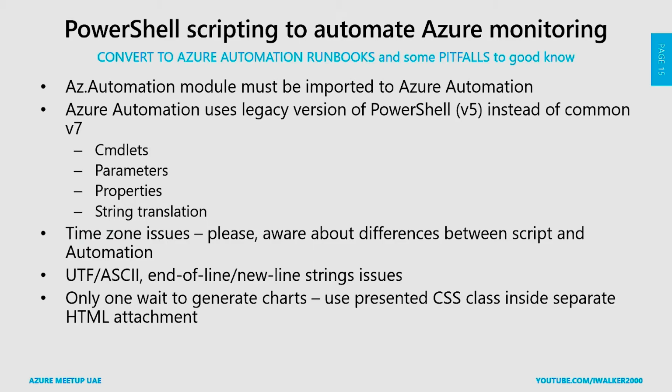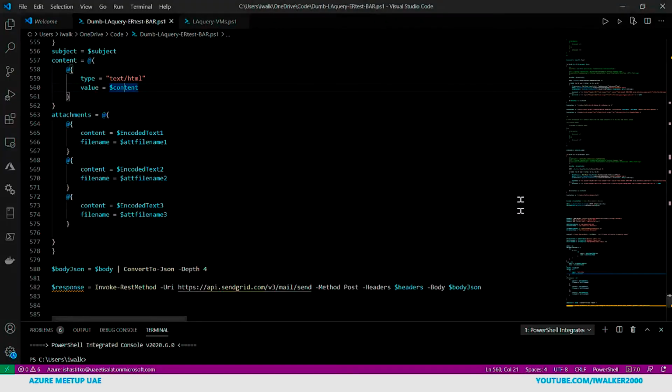And the last one, okay, I saw it. How to convert this to the Azure Automation Runbook, for example, and some pitfalls. So to start this, like Azure Automation, you need to install the Azure Az Automation module inside the Azure Automation. You have to understand that Azure Automation uses the legacy version of PowerShell, version 5, instead of the common right now version 7. So some cmdlets, some parameters, some properties, and string translation could be different. It's why I have these